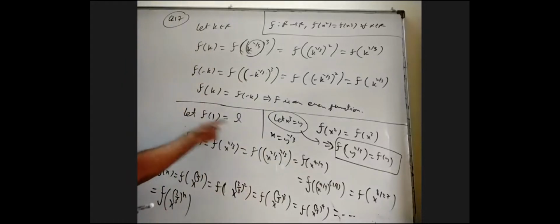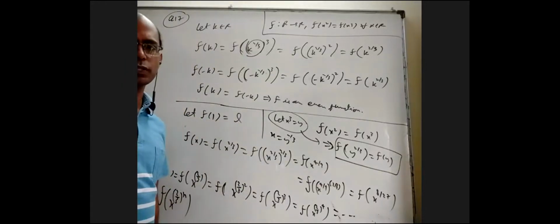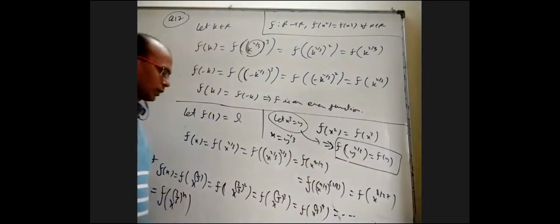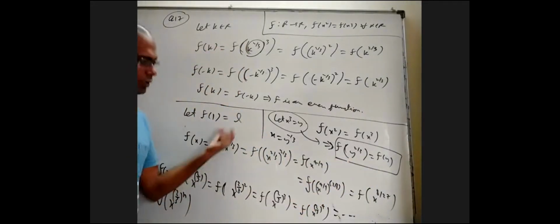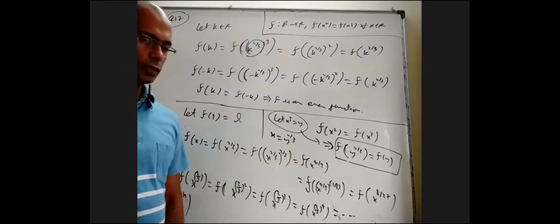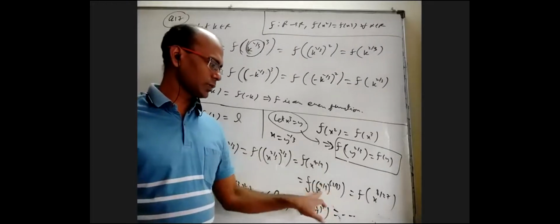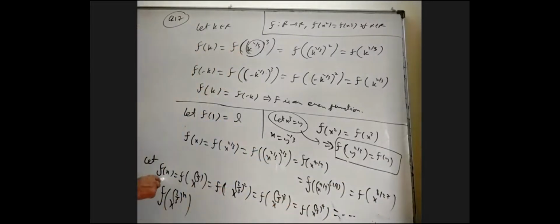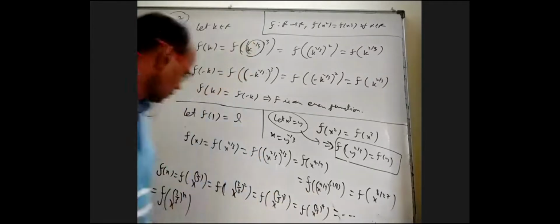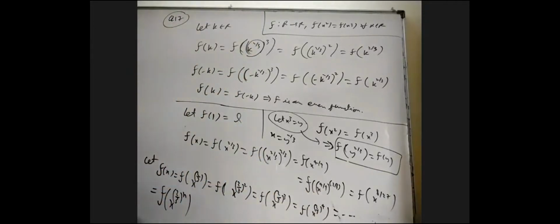I'm going to assume f of 1 is L. I'm going to prove that whatever x you take, f of x also will reach L. Let us see how. F of x equals f of x power 2 by 3 based on this formula. Any number you can apply power 2 by 3. For that also I can apply power 2 by 3, that is x power 2 by 3 whole power 2 by 3, which is 4 by 9. For that also I can apply power 2 by 3, that will be 8 by 27. So whether you take f of x or the power of x is 2 by 3, 2 by 3 whole square, 2 by 3 whole cube, 2 by 3 whole power 4, or 2 by 3 whole power n, they're all the same. All these are equal.